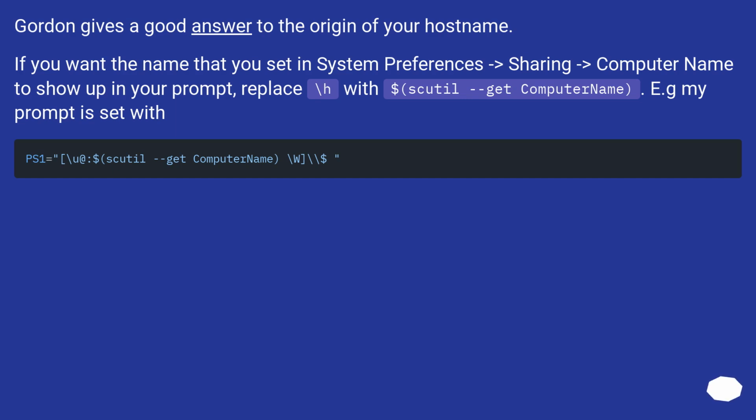Gordon gives a good answer to the origin of your hostname. If you want the name that you set in System Preferences > Sharing > Computer Name to show up in your prompt, replace \h with $(scutil --get ComputerName). E.g. my prompt is set with